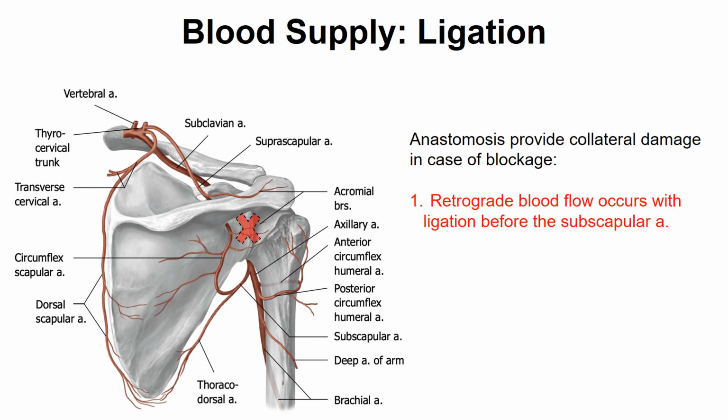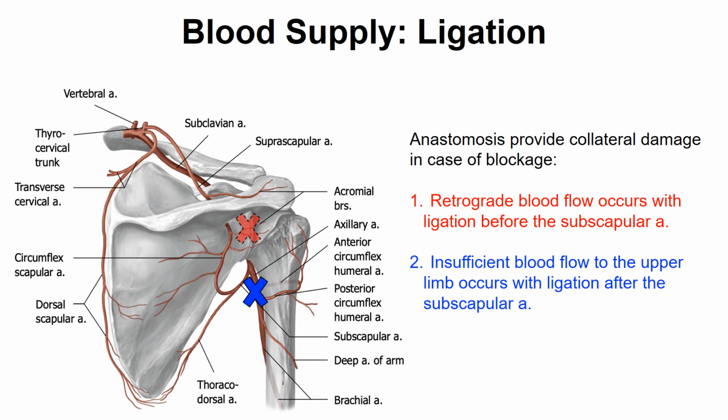So blood can go into the suprascapular, continue along into the scapular circumflex artery, dump into the subscapular, and then continue on the rest of the arm. So in particular, not really much ischemia or loss of blood flow occurs. However, if this same injury ligation occurs inferior to the subscapular artery, or below the subscapular artery, when this blood